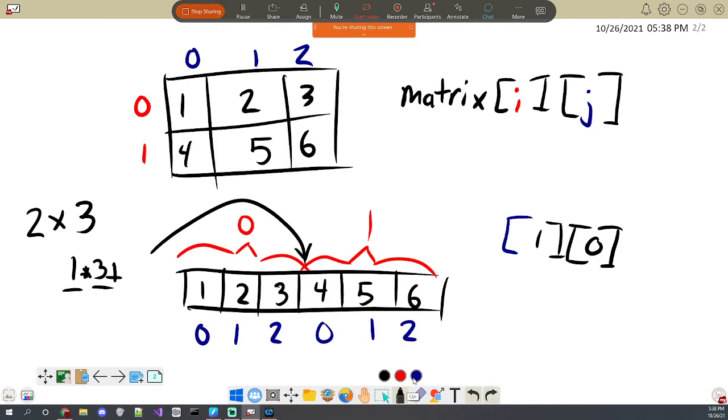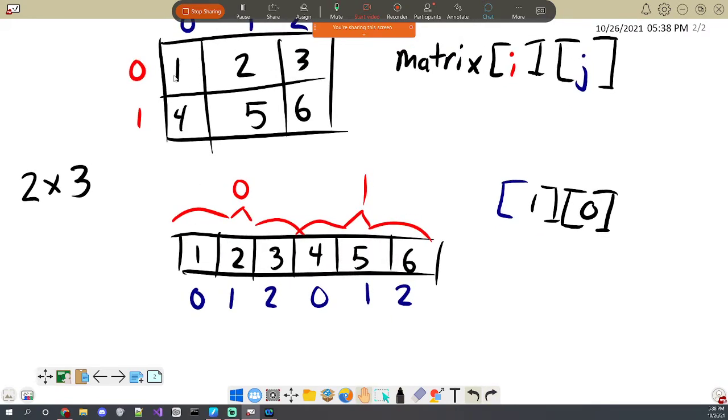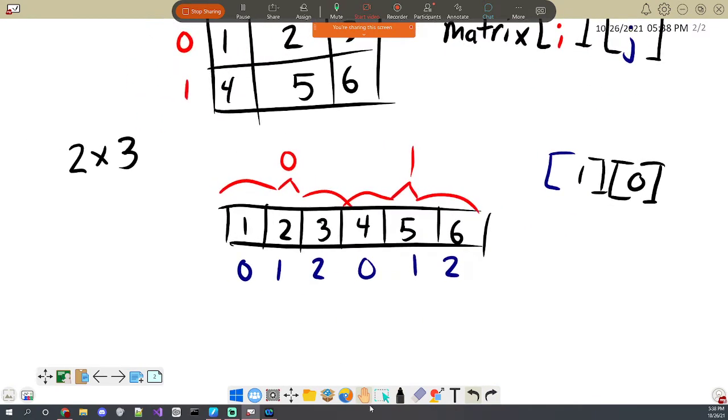An actual thing. So if we wanted to come up with a generic formula for this, then the idea is that we have some knowledge of how many things are in the rows. So let's just say that this is number of rows by columns, which I'll just call cols. Then we know that if we're indexing it this way, we'll just say this is i and j, then it would be i times the number of things that are in a row, which is the number of columns that there are, plus j.